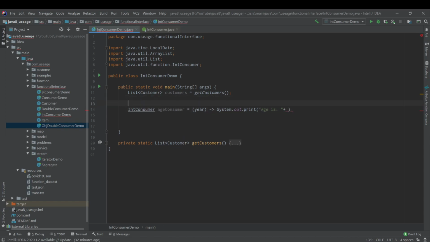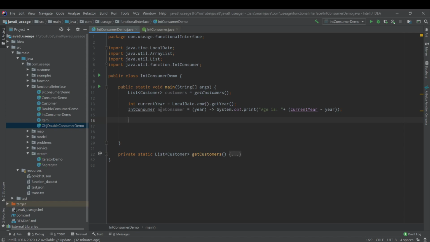So I will find the current year from LocalDate.now().getYear(). So I will calculate the age as the current year minus year.